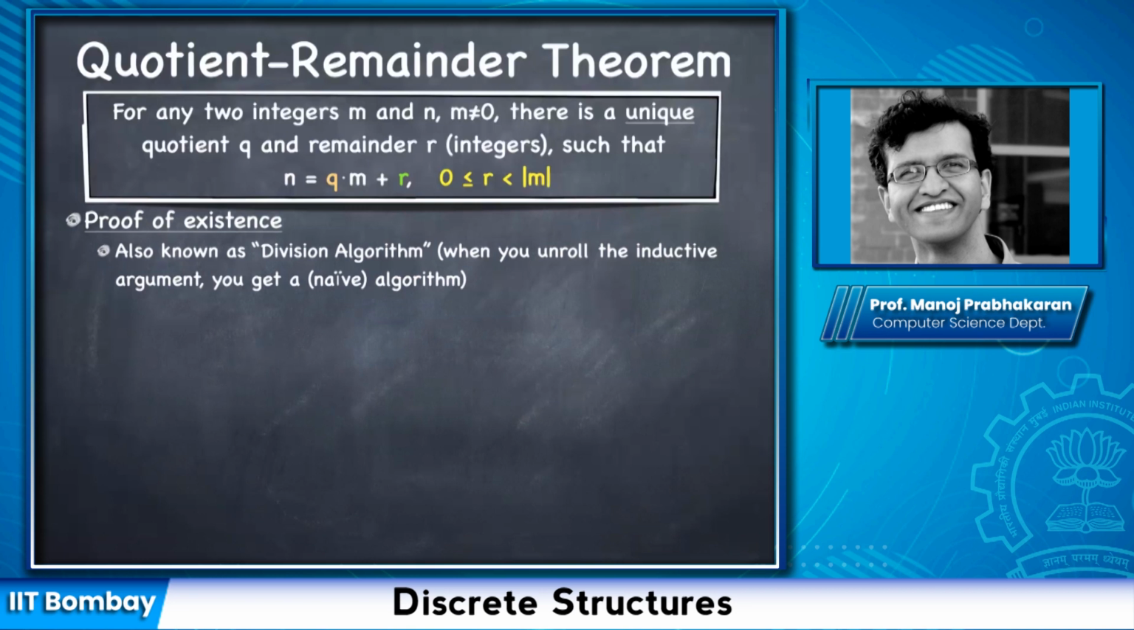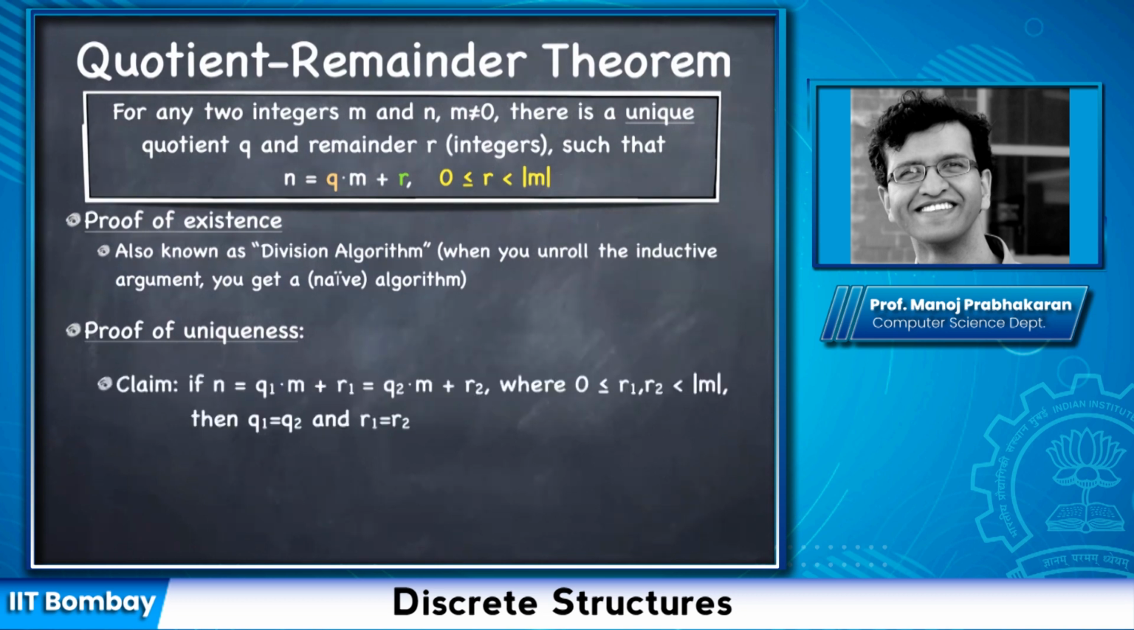And the number of times you did this will be your quotient, and what is left will be the remainder. To finish the proof, we need to also show that this quotient and remainder are unique. Namely, you shouldn't be able to write it as